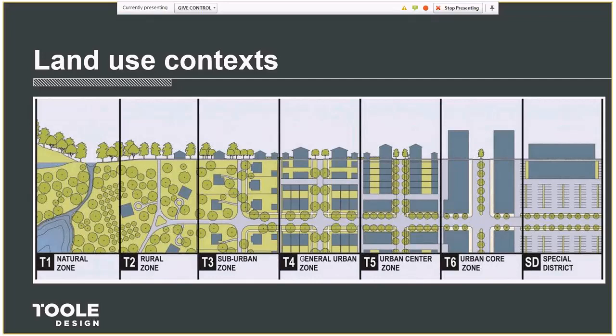Planners love to use this graphic to illustrate all the different types of built environments that we live in. It's called the transect, and it's divided into separate zones that range from the urban centers on the right all the way out to the small town rural areas on the left. Today's webinar will be talking about the zones closer to the left: natural, rural, and to some extent suburban. While these zones have their differences, they also share some common challenges, especially as development spreads beyond urban areas.